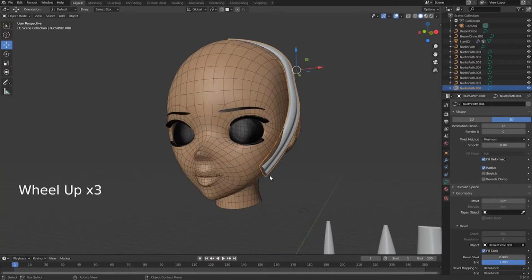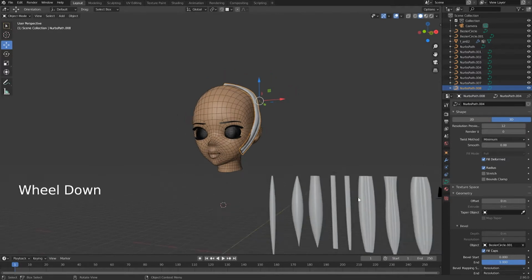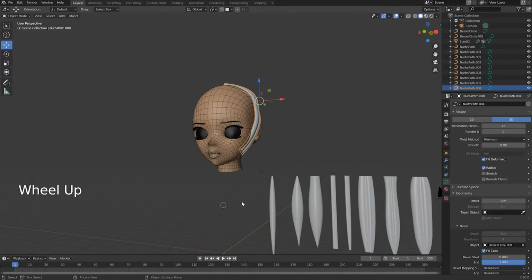To create a hair strand, it's going to need a path and a curve. And once you do one, you can keep on duplicating them. You can see that these are just duplicates of one another and just shaped out a little differently. Let me get started by